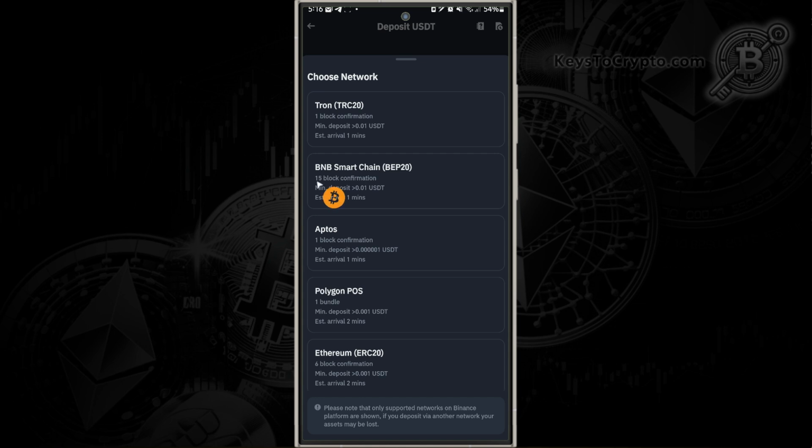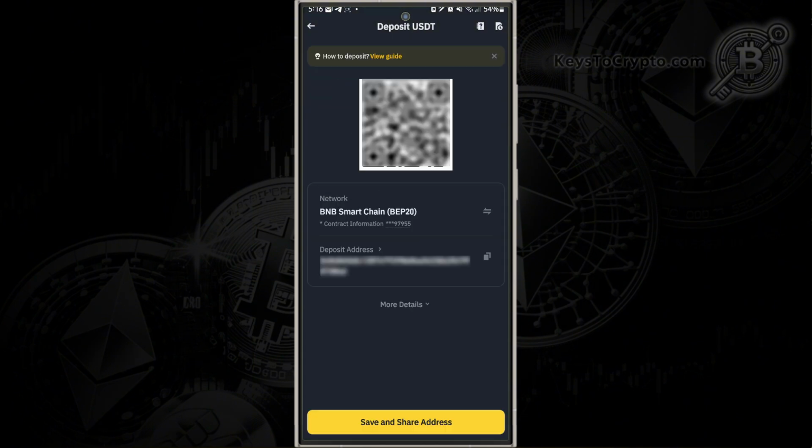So for example, if I want to pick the BNB Smart Chain. Now this is your Binance USDT address on the BNB Smart Chain network. So make sure whoever is sending you crypto is sending it on the BNB network. Once you've selected the right network and you've made sure everything is correct, you can now use this deposit address for USDT on Binance. And that's how to find your